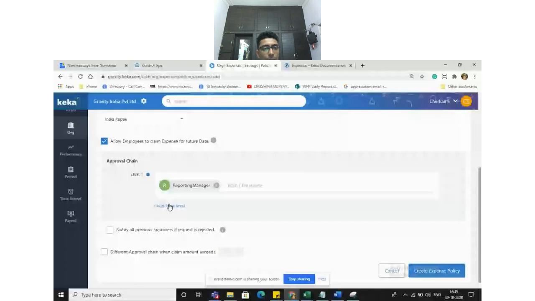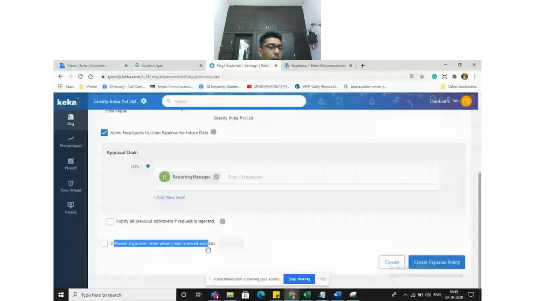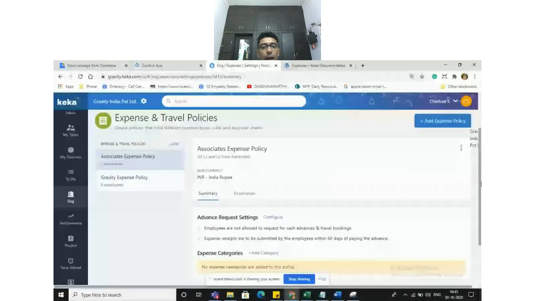You can add one level or multiple levels. Notify all previous approvers if request is rejected. Different approval chains when claim amount exceeds certain amount. You can choose it, you can take a decision, and the expense policy is created now.